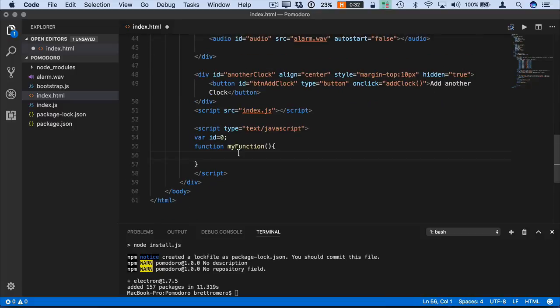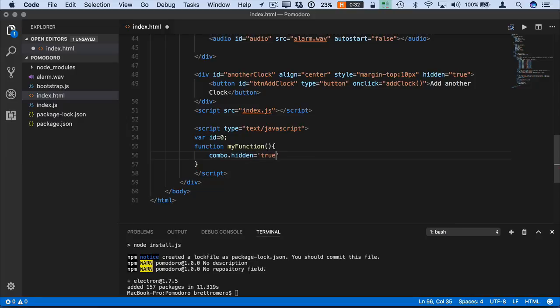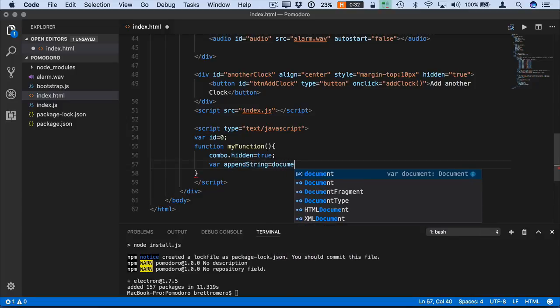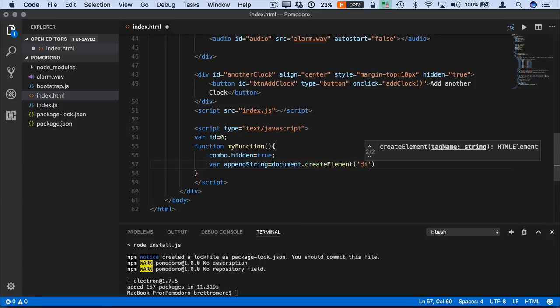Okay, so this function here, again, this is where we're going to have timers counting down, and the ticks are going to come from the index.js. But I'm going to start on this, and then we're going to come back into it. So we want this to be hidden, combo equals hidden true for our combo box. Depending on what is happening, once we get a little bit into this, you'll see how these pieces start coming together. I'm going to create an element for a div,